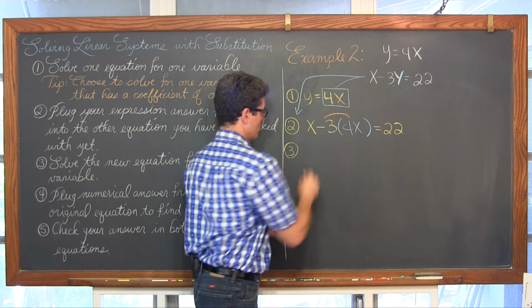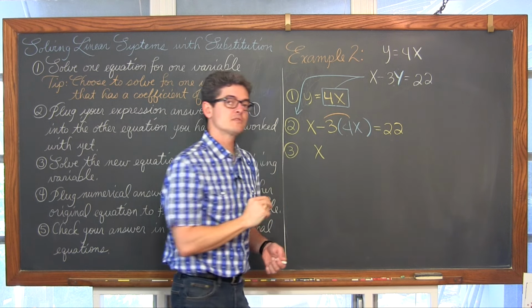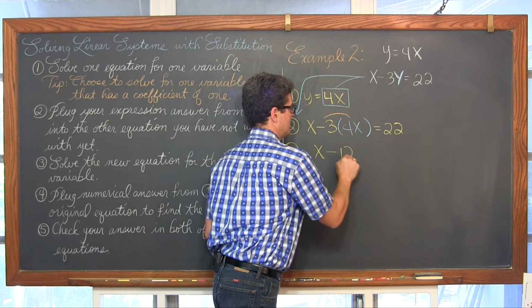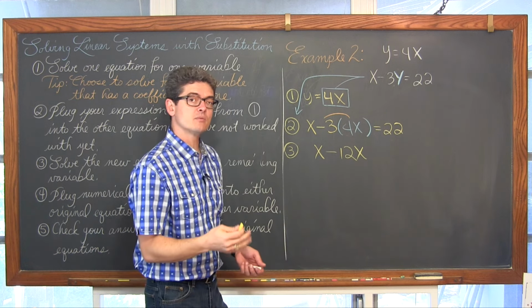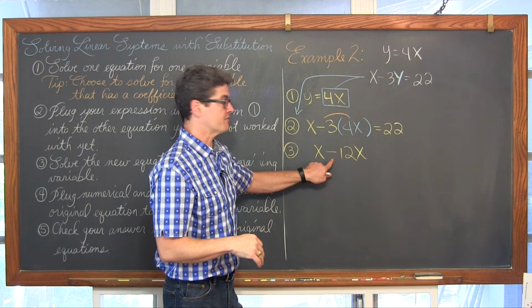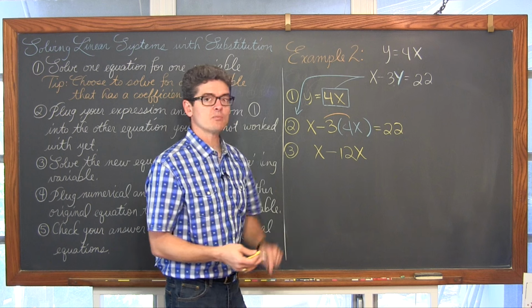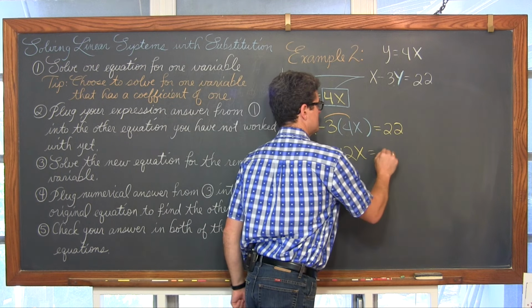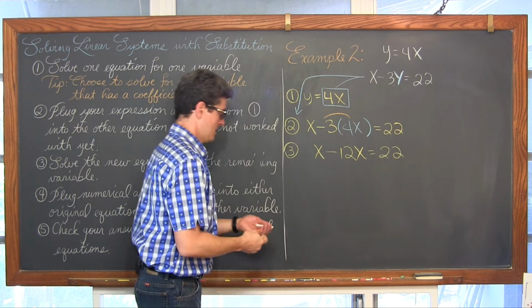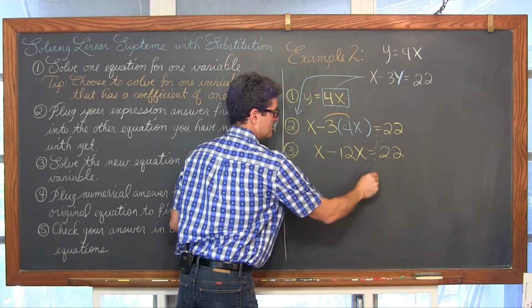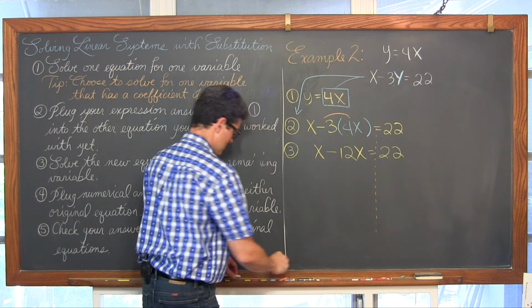So I highlight that in orange. Negative 3 times 4 is negative 12x. Notice I didn't write a plus or minus automatically. I did that multiplication first to determine the sign of my product, my answer. So it is negative, so I'm writing minus 12x is equal to 22. We've got that equal sign breaking the left and right hand side of this equation up.